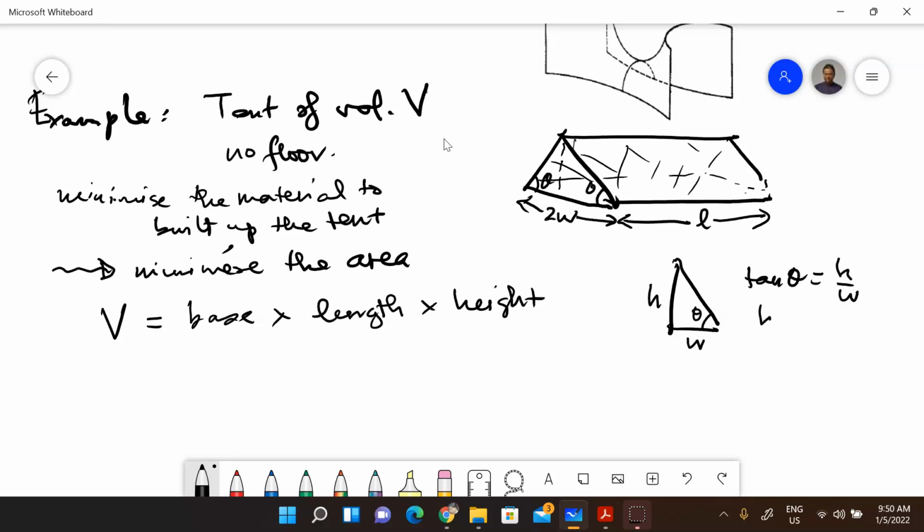So in other words, h is going to be w tangent theta. Okay, so then that will give me only a half of that. So I'm going to put everything down now. So the base will be, let's say, half times 2w times